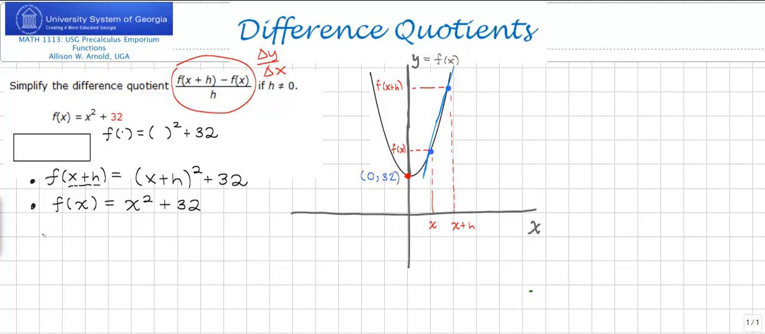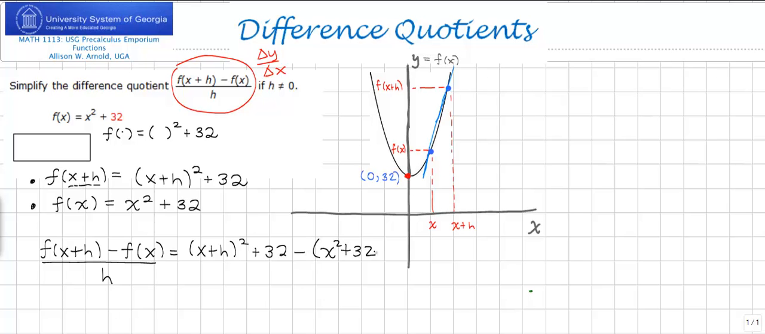Now to identify the difference quotient, we'd write down f of x plus h minus f of x divided by h, and that's equal to x plus h quantity squared plus 32 minus the quantity x squared plus 32, be sure to enclose that in parentheses,